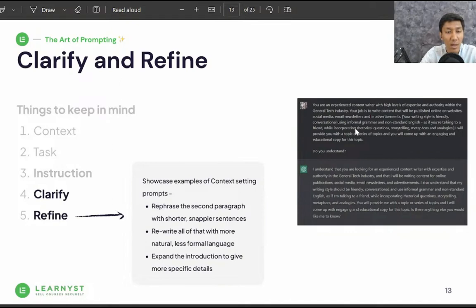and refine. By clarify, I mean, as you can see on the right hand side, there's this "Do you understand" instruction. Once you have written your context, task, and instruction, you can write "Do you understand" and just press enter. If ChatGPT responds with what you have written, the question that you have written,